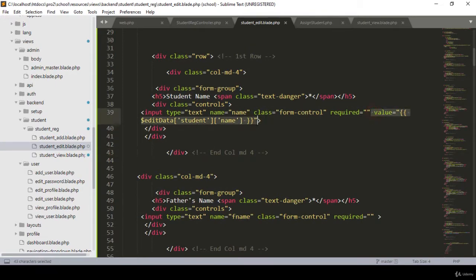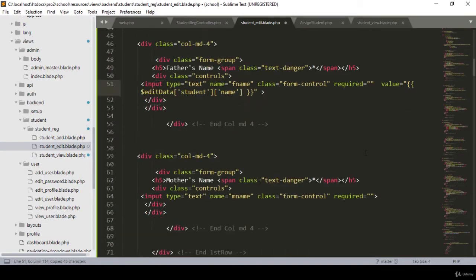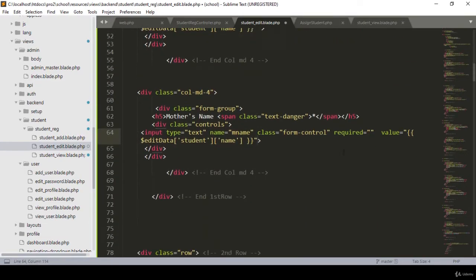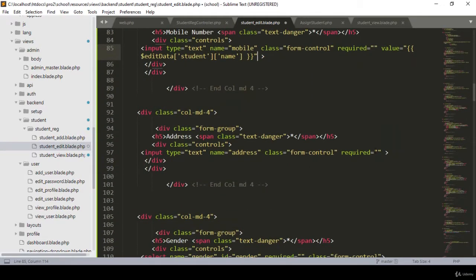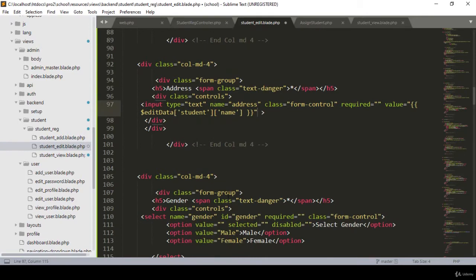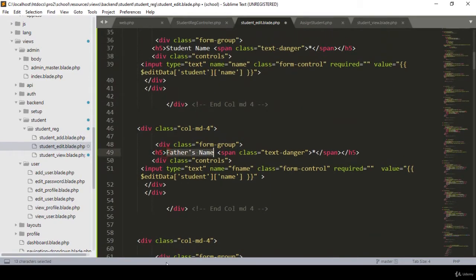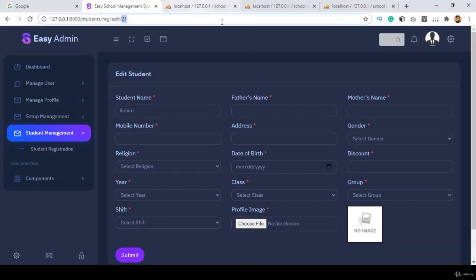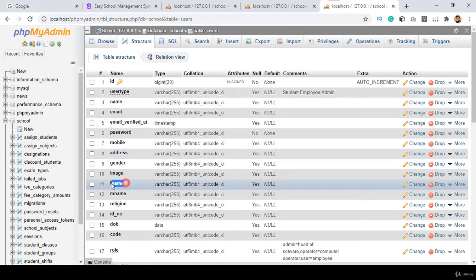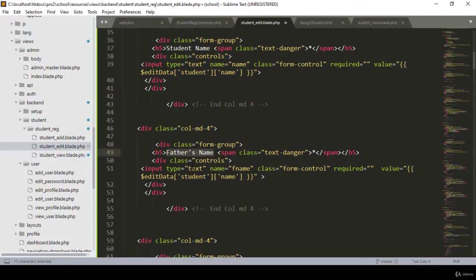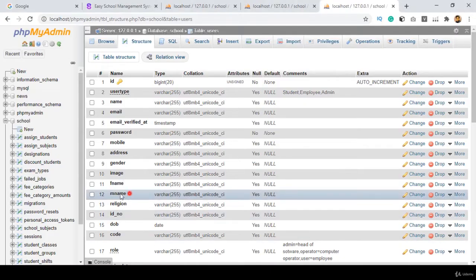Better I copy this value. I copy the total value and then here I paste it. And also that will be the mother's name. That will be the mobile number. That will be the address, right? And then the gender. So first of all I want to display our father name. With this student I have already created that relation. So if you go to our user table, our father name field name is F name, right? I copy it. That will be F name, and then the mother name will be M name,